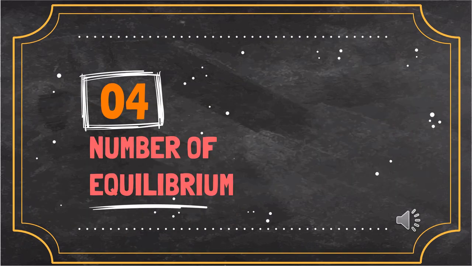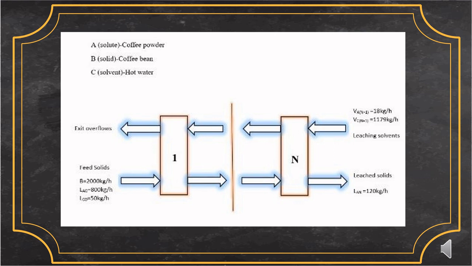Moving into the calculation part, where the number of stages required is calculated. All the assumptions made for the parameters were extracted from question 12.10-2 from the textbook. We use coffee powder as solute, coffee bean as solid, and hot water as solvent. This is a continuous countercurrent multi-stage system to be used to leach coffee powder from coffee beans by